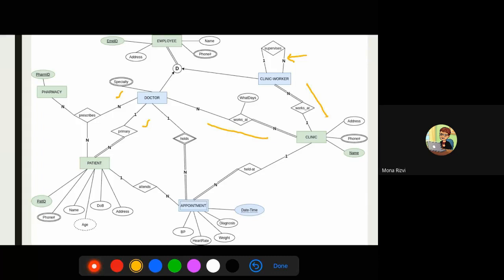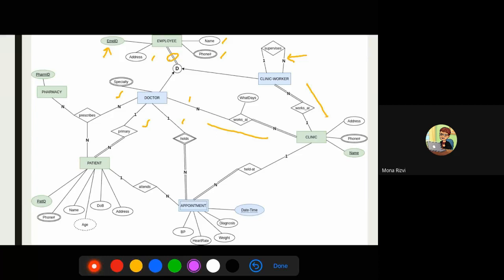But all of the workers of this company share some things. They share these attributes: name, address, and phone number. And of course, they share the same ID, the employee ID, which is universal. So doctors have an employee ID, clinic workers have an employee ID. So what else do we see about this one is that all employees, it's a total participation relationship here,